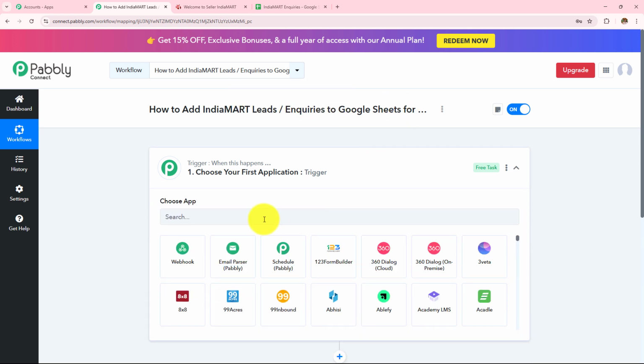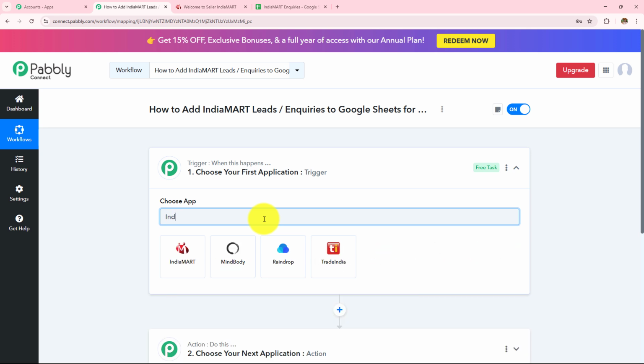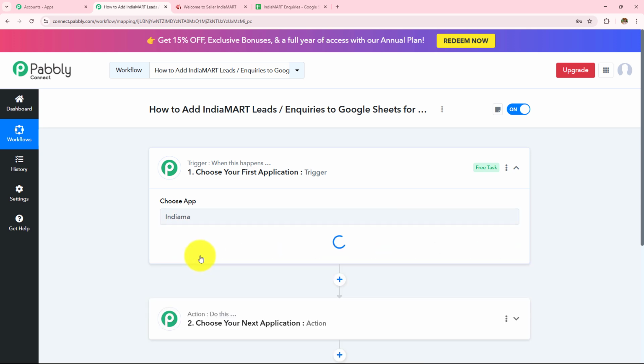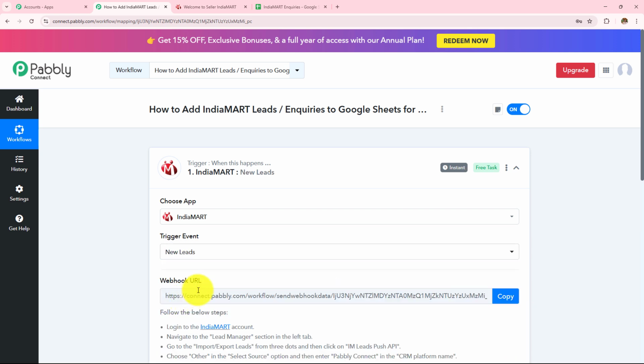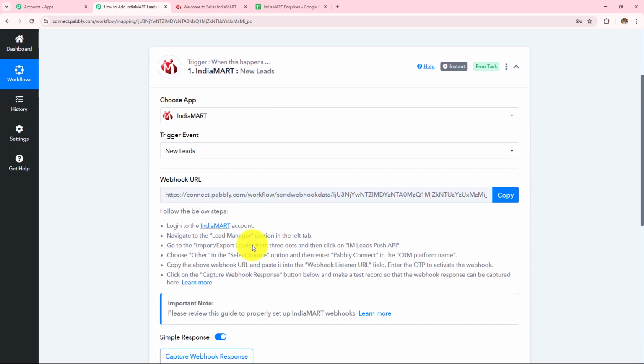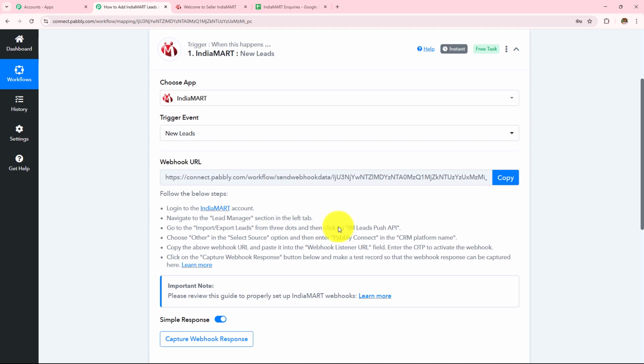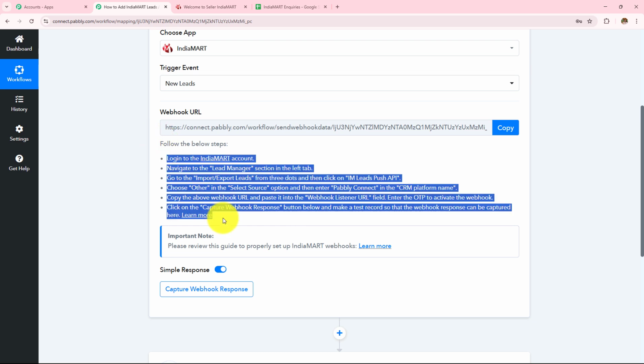So here in my trigger application, I'm going to take IndiaMART, and then in my trigger event, I am going to take this new leads. Now I need to make a connection between IndiaMART and Pabbly Connect, for which a webhook URL is provided to me, and this webhook URL is going to act as a bridge to connect my IndiaMART with Pabbly Connect. So reading this help desk, I am going to make this connection,